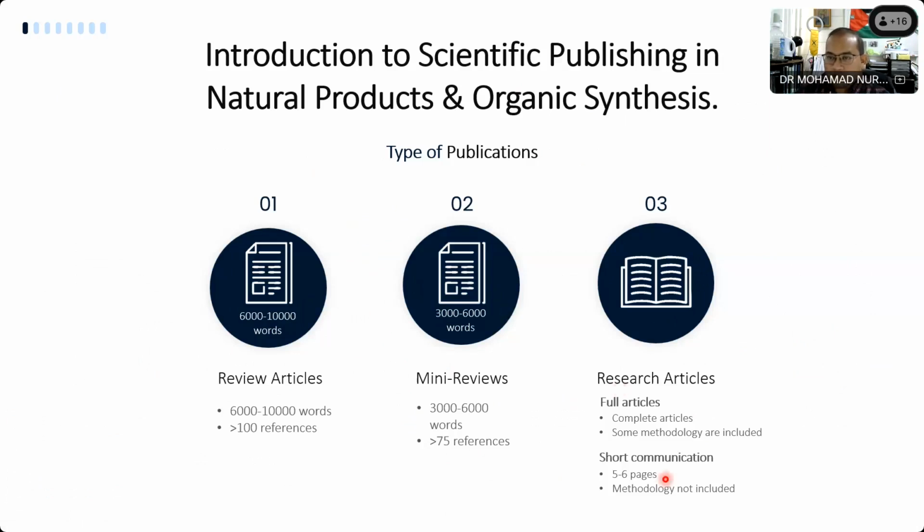The third one is a very interesting one, and this is what we do every year. The third one is research articles. There are two types of research articles, and several students have faced this kind of research article, or what I call a technical paper. We do our lab work, and after that, we publish the results. For the research article, there are two types. The first one is full articles, which are complete articles. Normally we put all the important data here, spectroscopic data and methodologies. If they are too long, we transfer them to the supporting information. This is a different way.